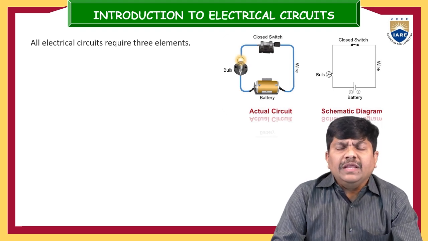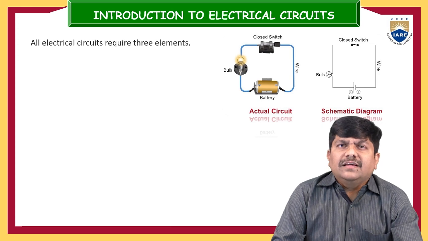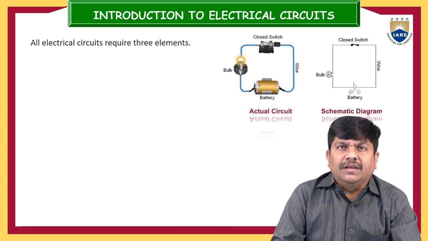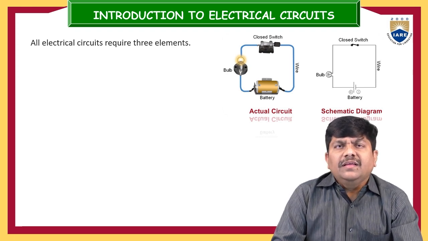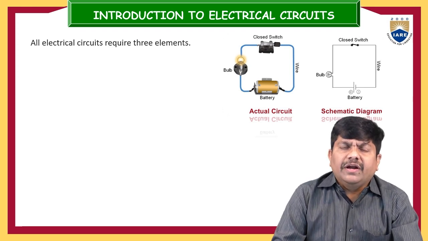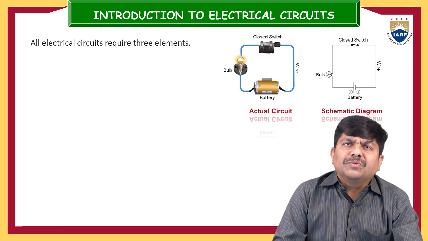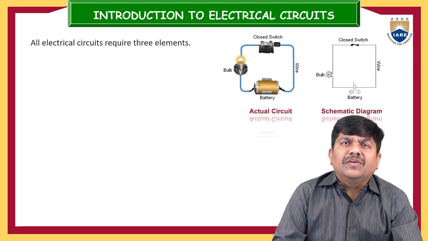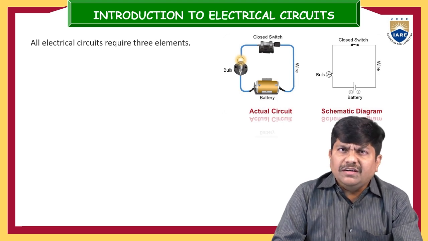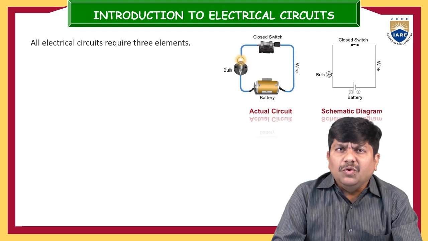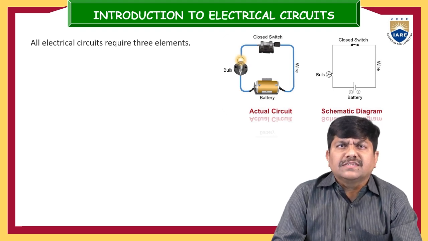So basically, how many parameters do we require? One is a source which provides electrical energy into the circuit, that is energy in. That will be a battery or cell. The second is that there must be a conduction media from the source to the load. The electrical wire will provide that conduction media. And the third one is the load, which we have constructed all these things to drive. The load will have some load resistance in it.